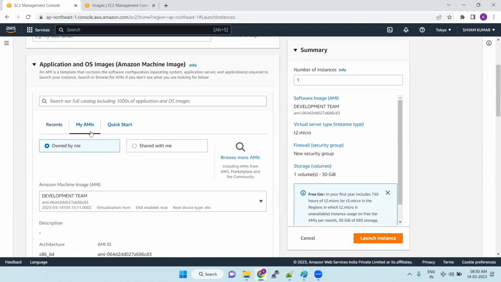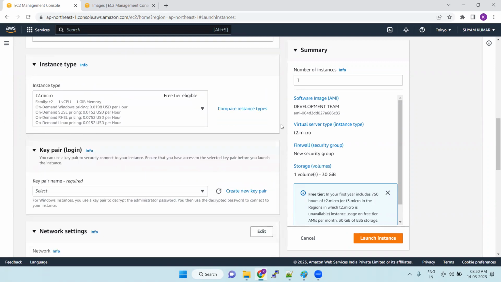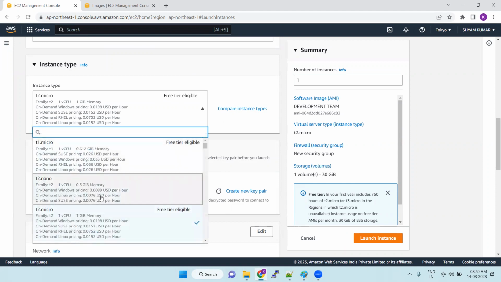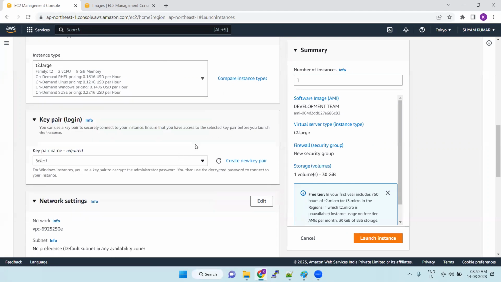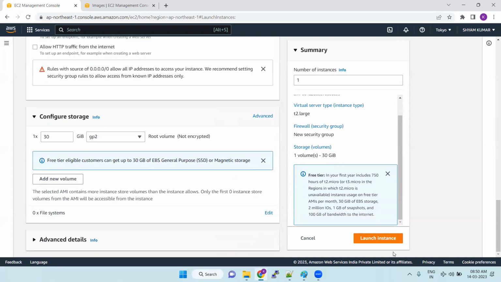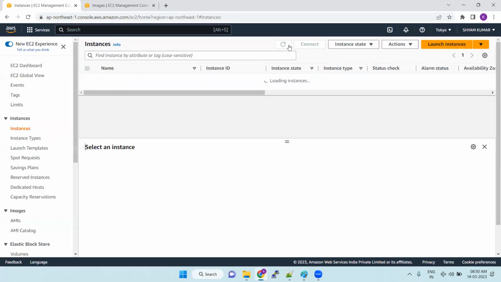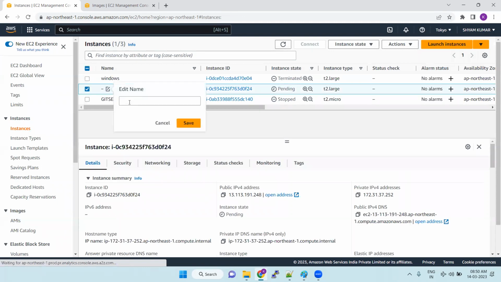Okay, so now we are going to the AMI selection. Remaining processes are the same. Only the operating system is different. Remaining all the things are the same. So we will go with 8 GB system. Keep it the same. Only the AMI is different. Click on launch instance. That's it. Okay, now we got